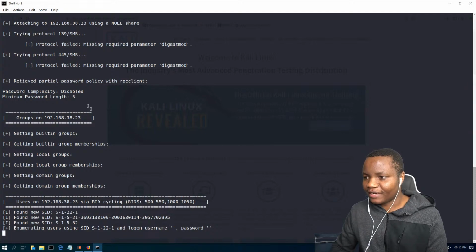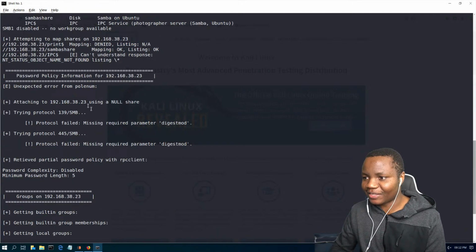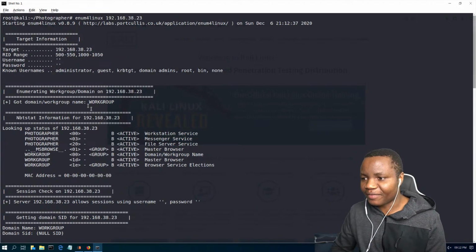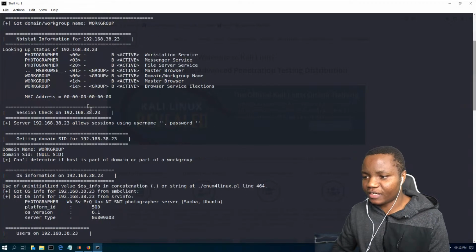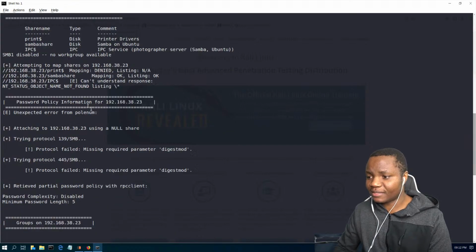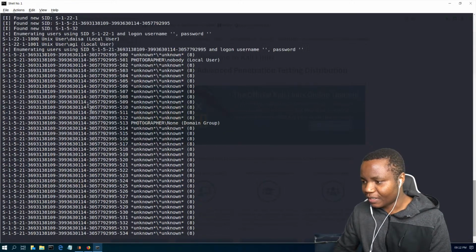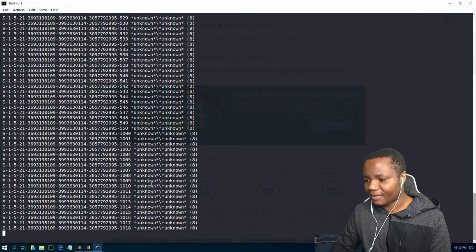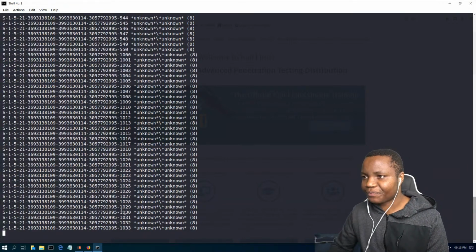Alright, so enum4linux is going and it's doing its own thing. We'll get a quick overview of what's going on there. Do we have any workgroups? I used it a lot on Hack the Box Windows machines. Super helpful tool. Just like Linenum, it also brings a lot of information. And since it's running,